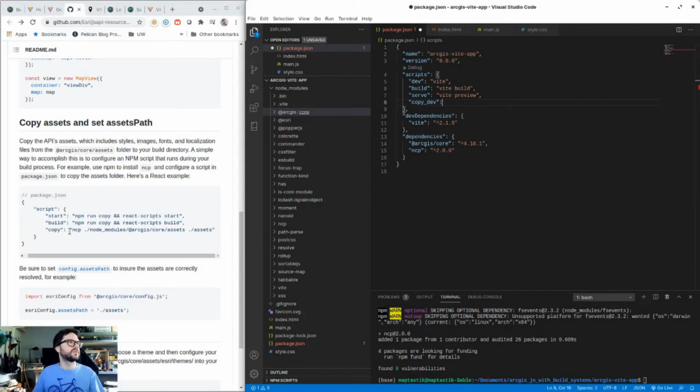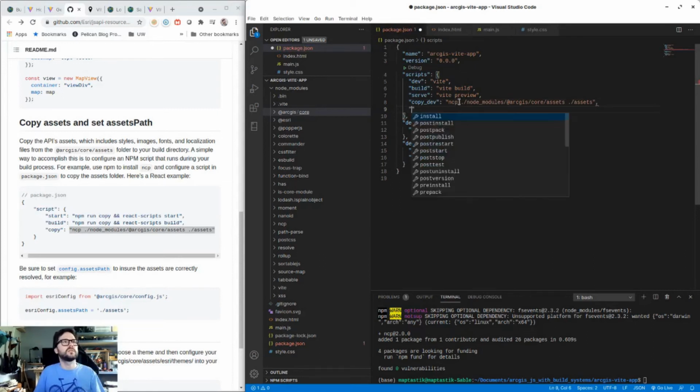And I was able to just copy this line here, and that seemed fine, at least for working in development. But for production, I needed to slightly alter this script. Oops, prod, like that, paste it, and